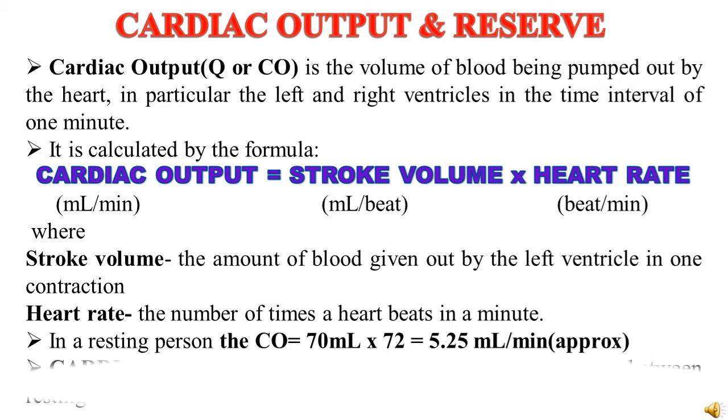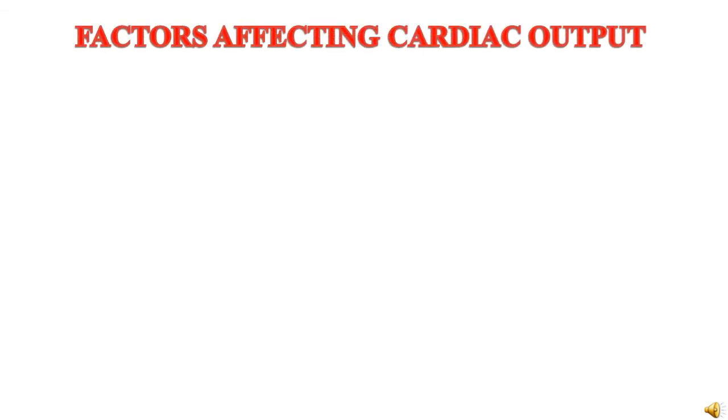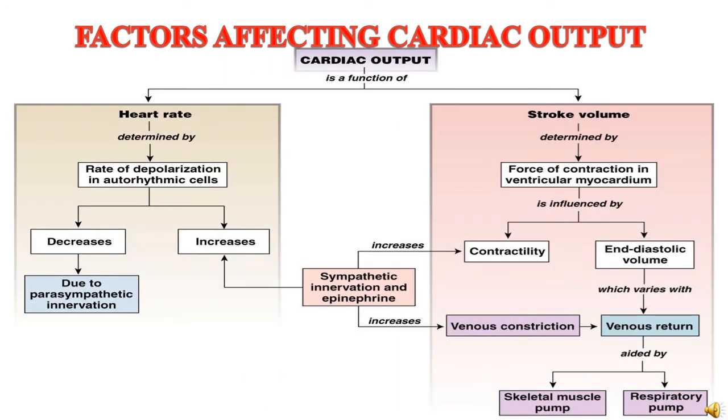Now talking about the cardiac reserve, that means it is the difference between the resting and the maximal cardiac output, the amount of blood that is reserved per minute of the cardiac cycle. There are generally certain factors which affect the cardiac output, and these factors can be studied by this beautiful diagram. Cardiac output, we have seen, is a function of heart rate and the stroke volume. If we see the heart rate, we can observe that it is determined by the rate of depolarization in the autorhythmic cells,